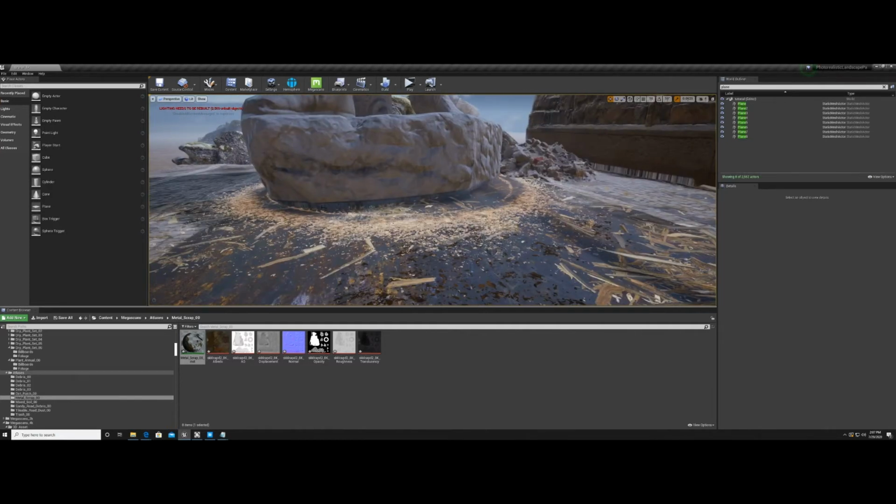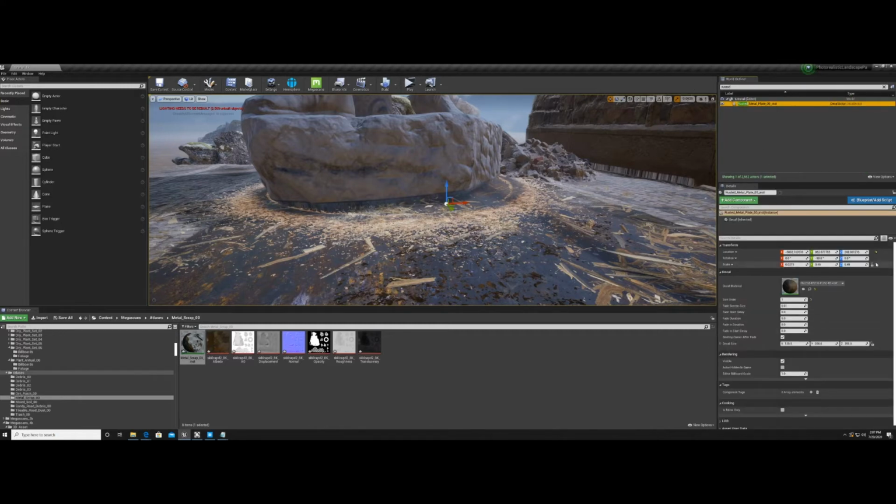The other thing I'll point out is that you can see here this is rising into the other geometry a little bit, and this is part of this rusted plate. So we'll find that plate, and we'll go into this X scale after we unlink, and we'll bring that down a little bit, and you can see that it starts to disappear. We have to be careful because we don't want it to completely disappear. So what we'll do is we'll get it down pretty low,